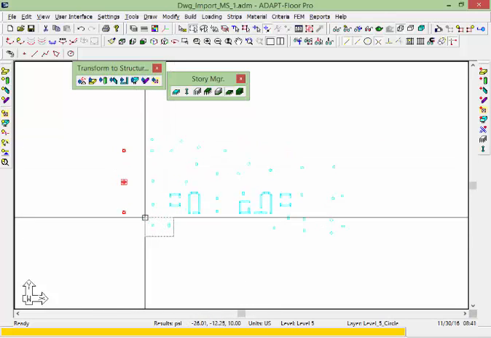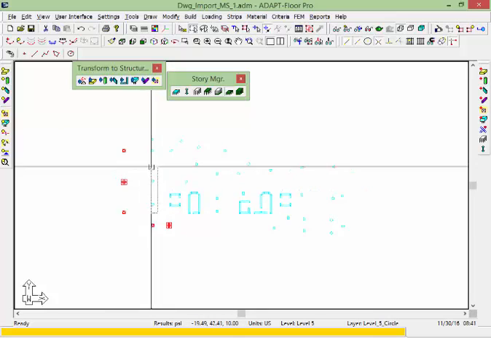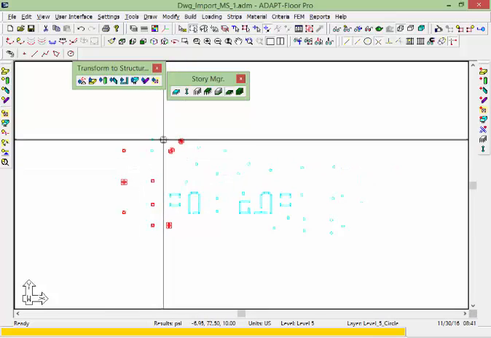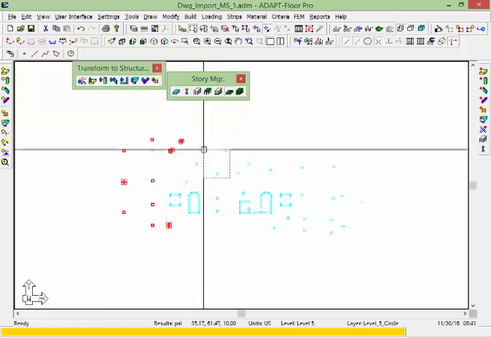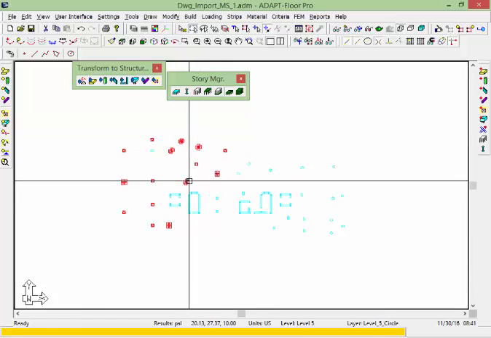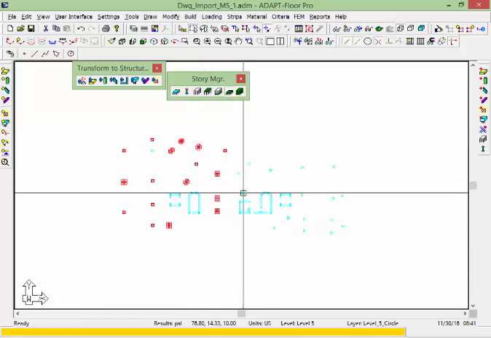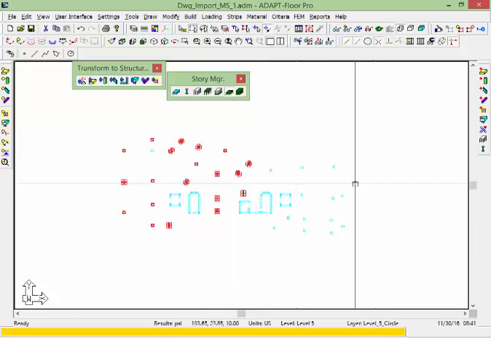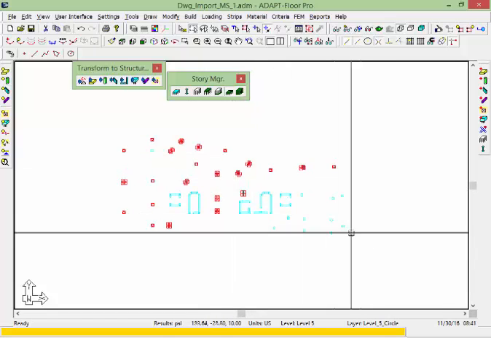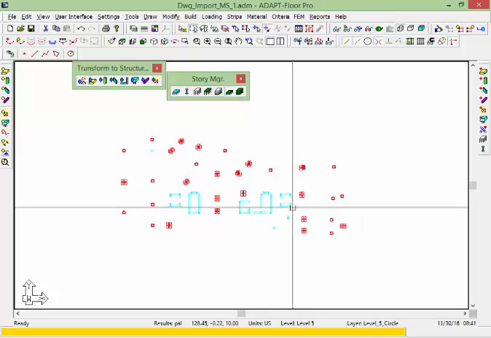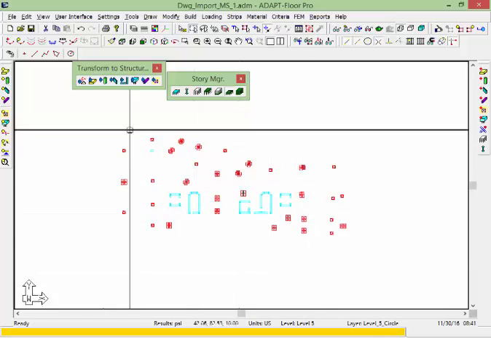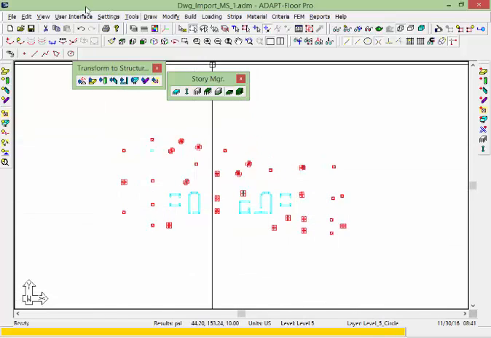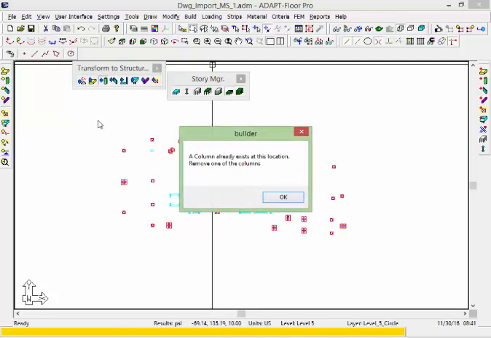Because the walls and the columns are on the same layer, you have to use the option where you select control and then pick the components you want to transform. We can't just sweep or window sweep the view. So we have the columns selected. We'll just transform those columns. It's telling us a column already exists at one of the locations,